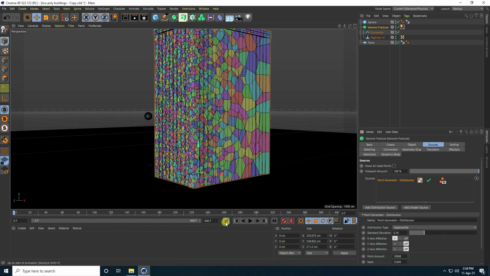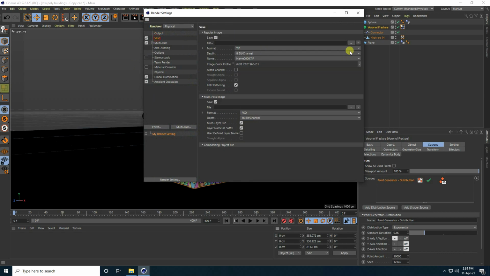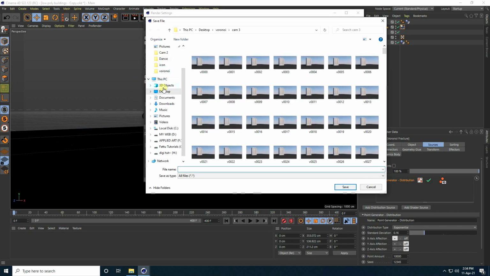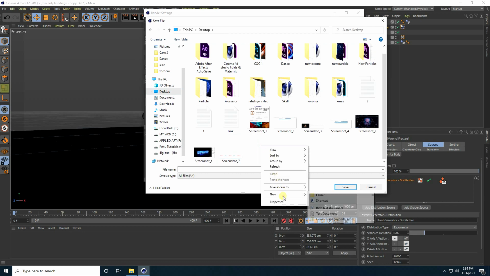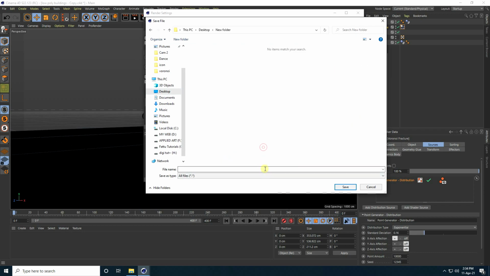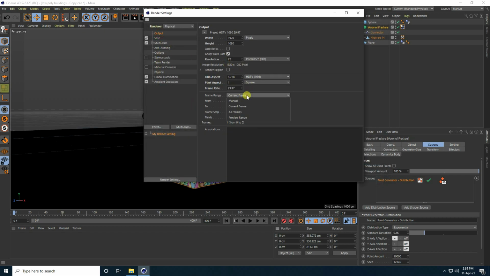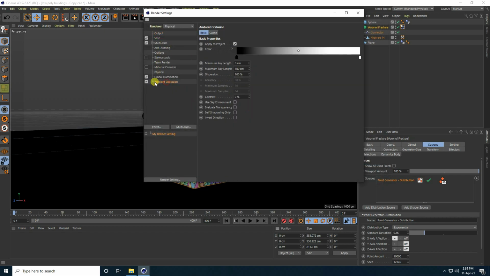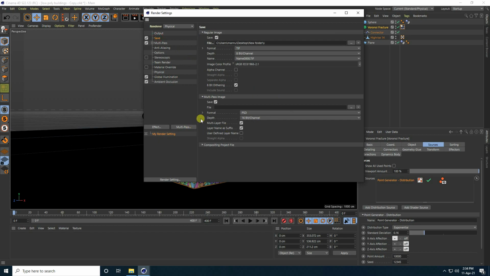Go to render settings and save. Go to the desktop, simply create a new folder like this, and take any file name. Go to output and use all frames. Use ambient occlusion and global illumination. Multipass off.